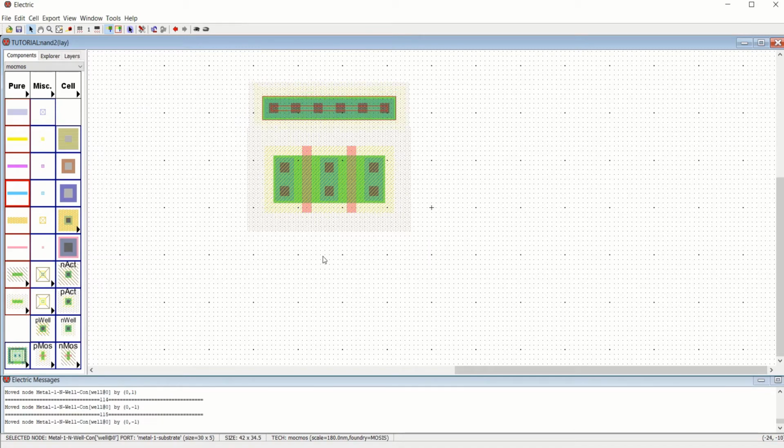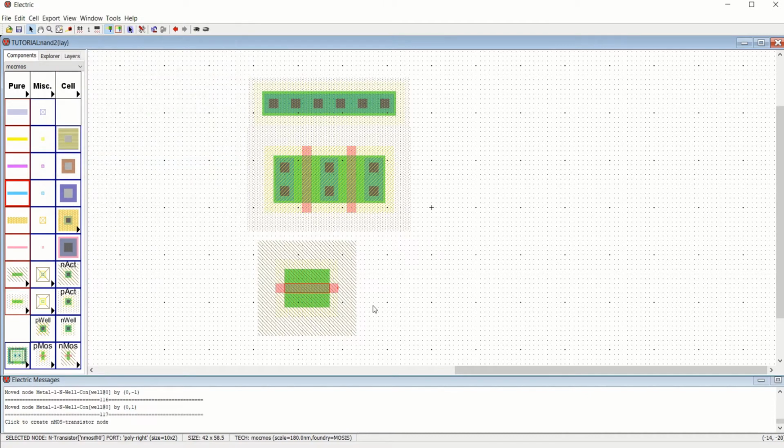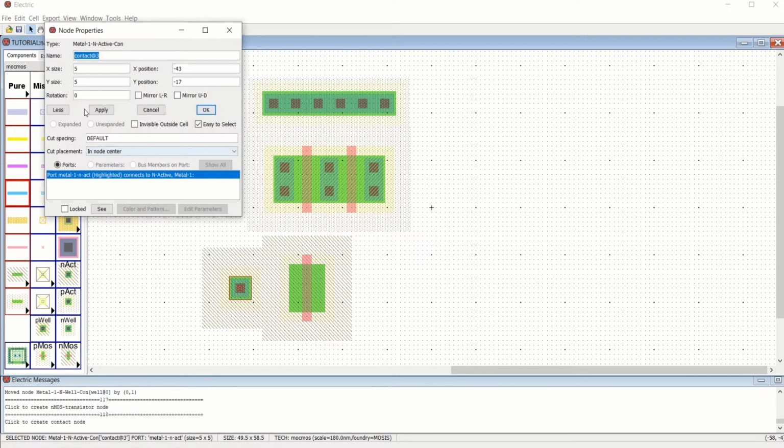Now you do the same process for the NMOS. Select the NMOS, and the width as 10. Use Ctrl J for rotation, because in the schematic we have chosen the width to be 10. Now for active regions, use N active. Use the width as 10.